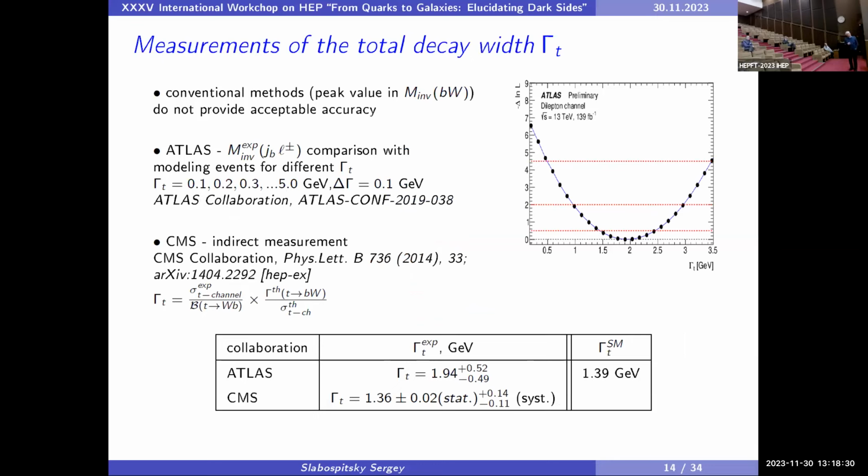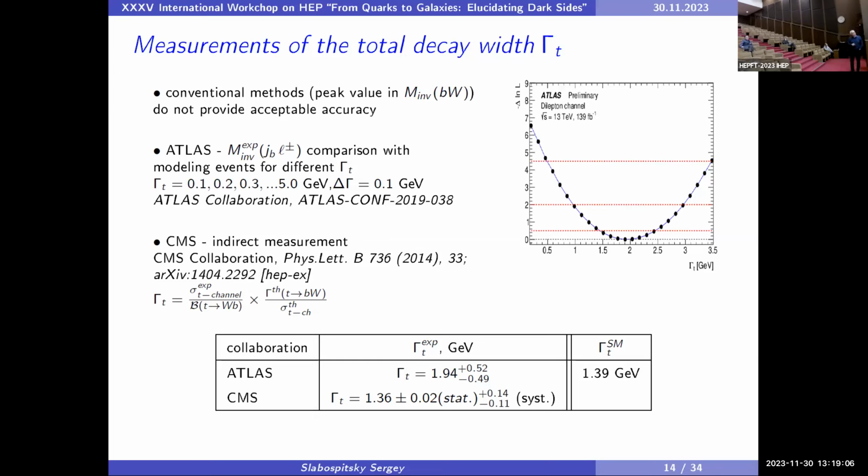They use different distributions like the PT spectrum, the invariant spectrum of the lepton, and so on, and perform the Monte Carlo predictions with a scan of the top mass starting from 0.1 GeV up to 5 GeV. And using the minimum of this distribution, they extract the value of the top quark width about 1.9 TeV. CMS uses a more